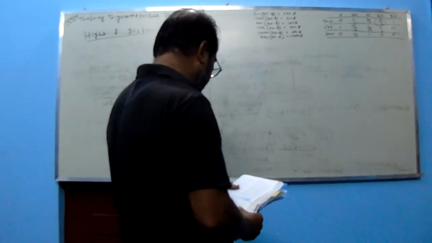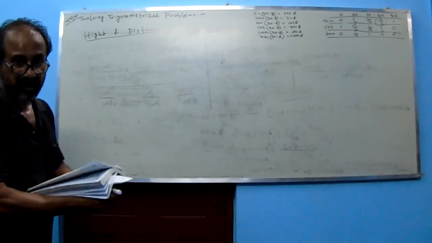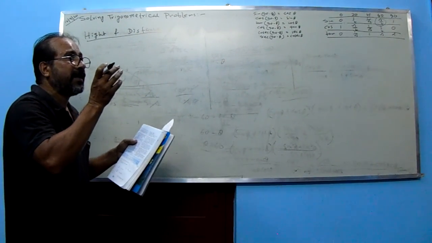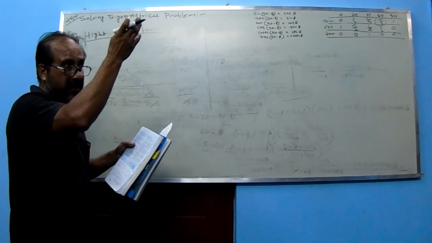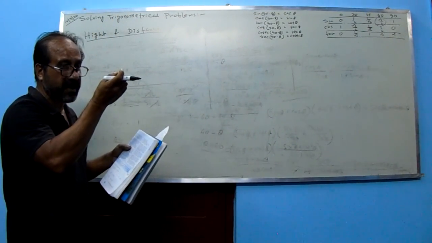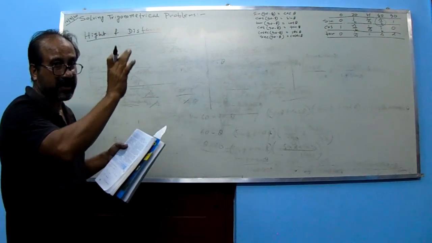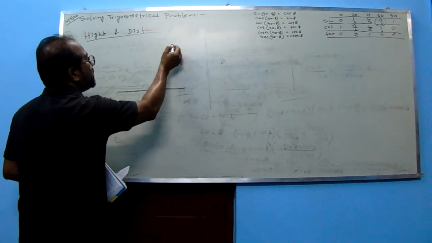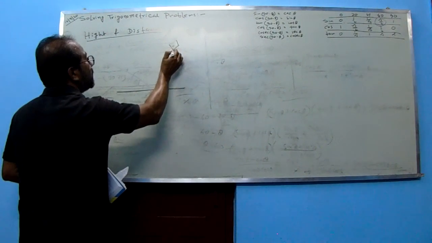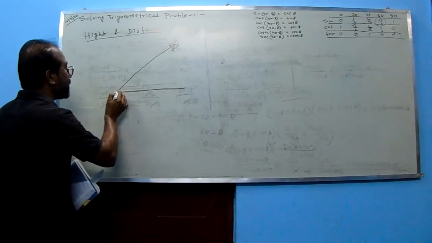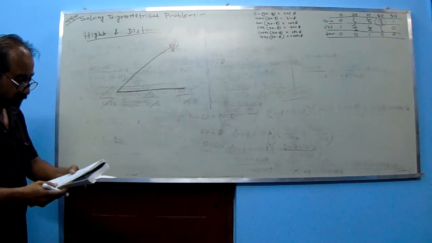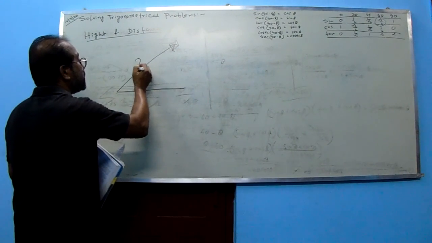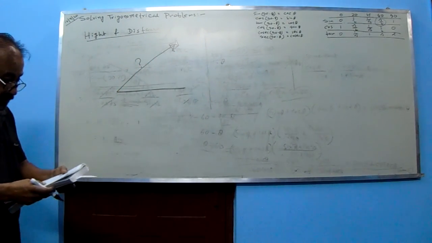Now the second one that they have given: a kite is attached to a string. So you must visualize once. A kite is up high and it must be attached with some string, with one part in my hand and one part with the kite. So if this is the horizontal line and the kite is here, the kite is like this, attached with a string. Find the length of the string. So this length is to be found out.